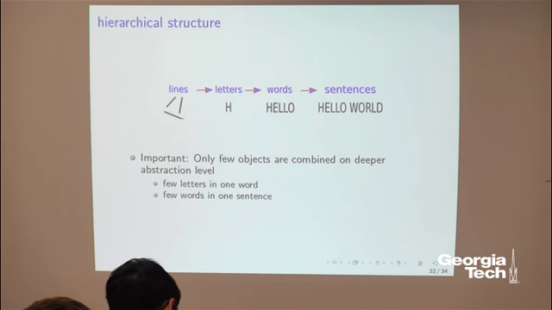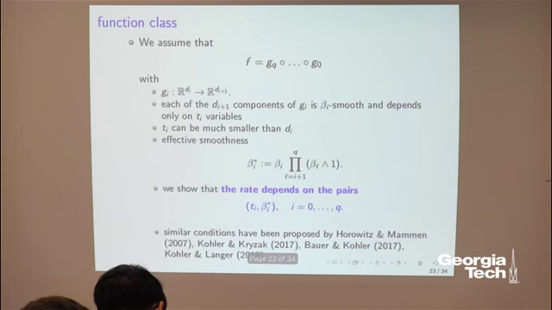So we can build a lot of objects, but only a few are used in order to build the next abstract object. For instance, you just use a few letters in order to build a word, and not all of the letters that you have, and not all of the words are used in order to build one sentence. You just always take a small subset. Okay, so that's the thing. And now how do we write that into